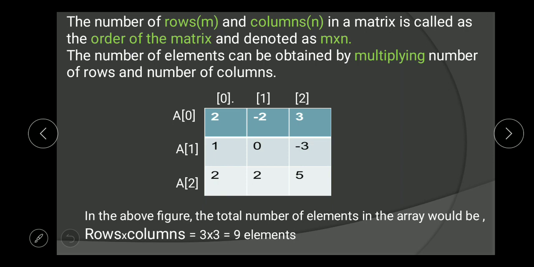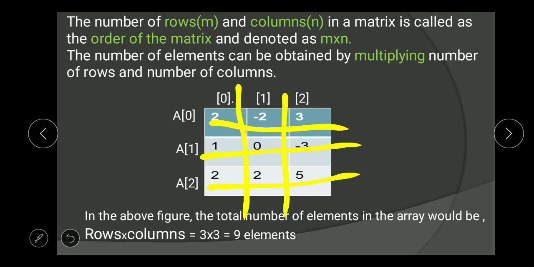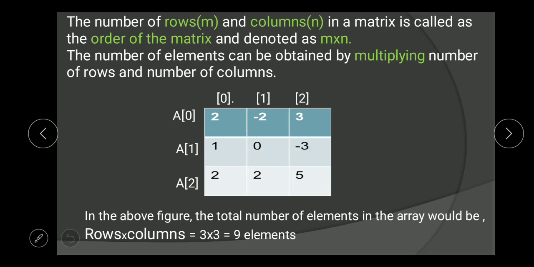That is, rows are 3 and columns are also 3. So 3 into 3 equals 9 elements. This is how we calculate the elements in the matrix and the order of the matrix: number of rows into number of columns.